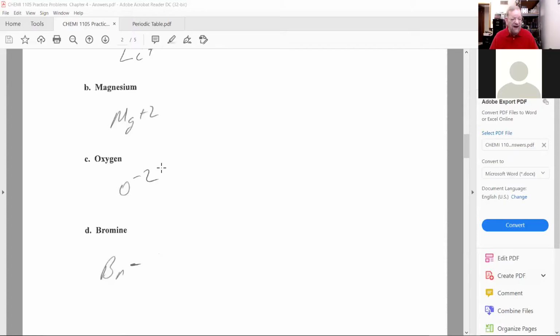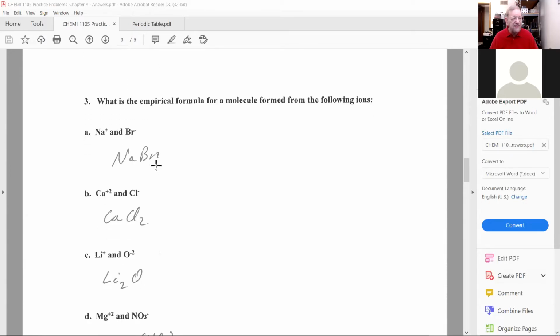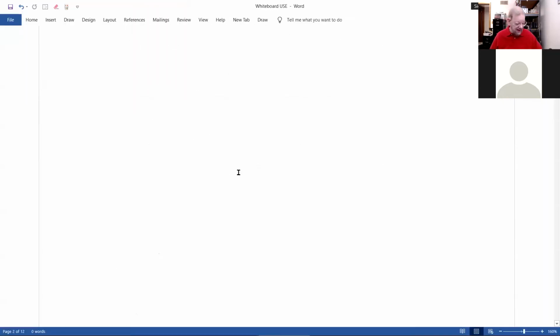Now we know how ions are formed. And now the question is, what is the empirical formula, simplest formula for a molecule formed from the following ions? Well, how do you do that? What's the key behind that? And the key is, and you should know this,